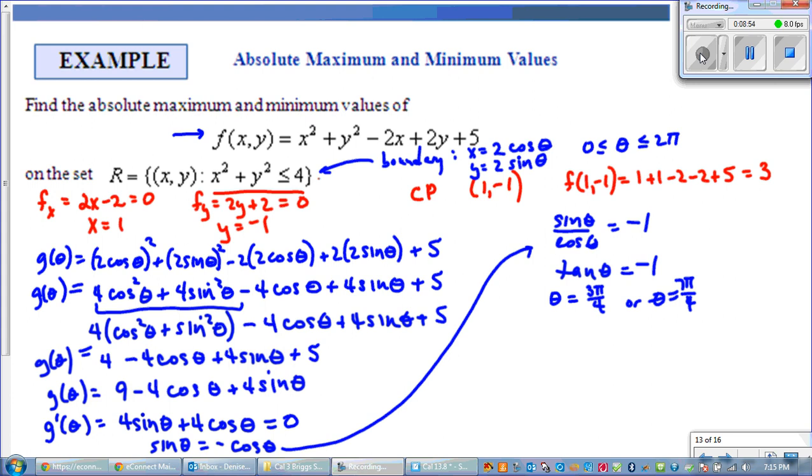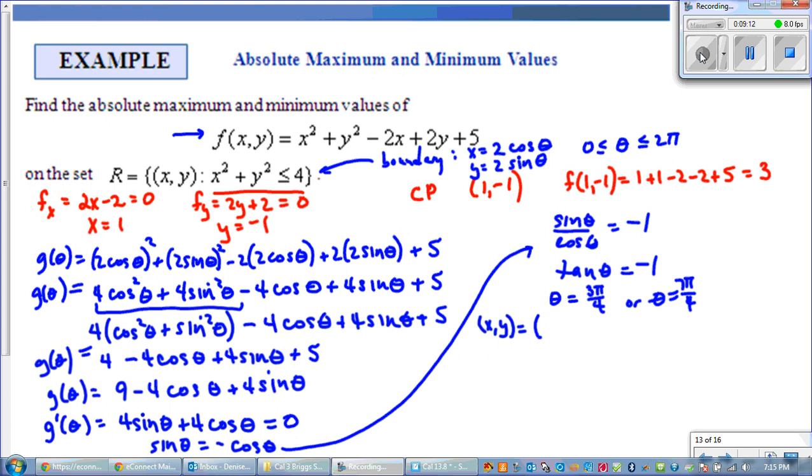Okay, so quadrants 1 and 2 and 4 is where tangent's negative. So that's the values of theta that would lead to the maximum or minimum values. And let's find the points that would correspond to that. So the points x, y,